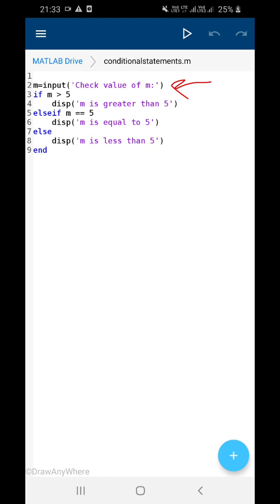By writing the command m is equal to input, inside the inverted commas 'check the value of m'. It will display that message, we write some value and it will be saved in variable m. We are taking input by using the input command with the text in single inverted commas.